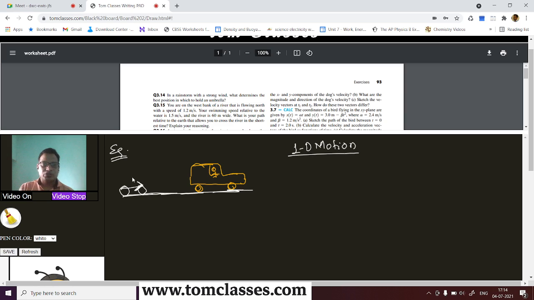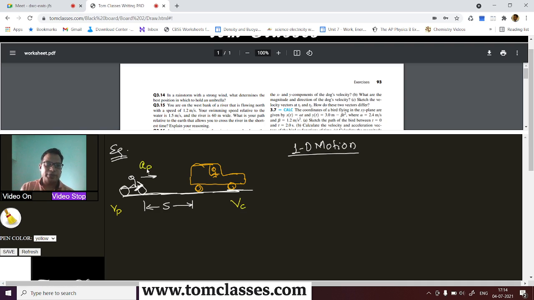Here is the policeman, who is chasing this wrongdoer, and let the gap between them be s meter, because we'll consider the velocities in meter per second, which is the standard. Now let the speed of this be v, and the speed of this be vc. It needs to be moving, otherwise the gap is going to remain the same.